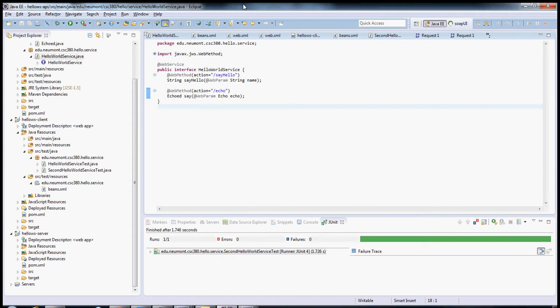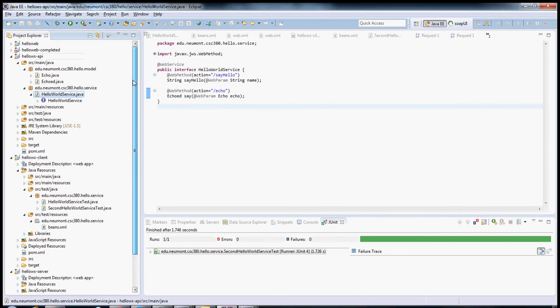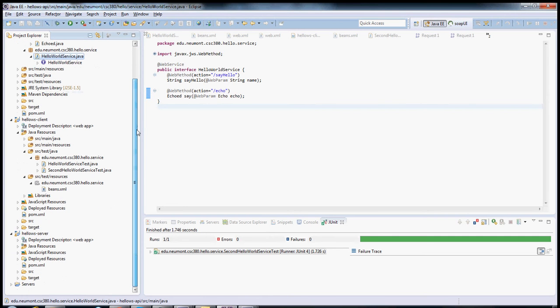So one of the parts of our discussion that got truncated on Thursday's class was our discussion about the API project. I think that this is an important notion, so I thought I'd record something so that folks can review this later on when they need it for the SOAP Hello World service and for your future SOAP project. The reason that we have 3 projects here instead of just 2